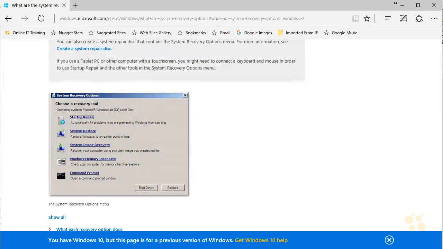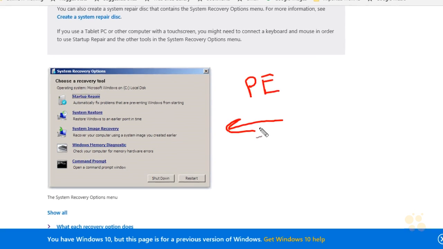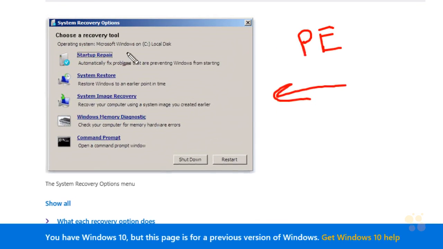Now, oftentimes we will need to drop out to that Windows pre-installation environment, and we'll need to run tools that are in the system recovery. Maybe it's a startup repair because our malware attacked the startup files, or maybe we have to do a system restore to an earlier point in time before the virus attack. We might even have to do a system image recovery if we really had a bad virus attack that went after Windows. And of course, as we mentioned a moment ago, there's the command prompt here that we could access